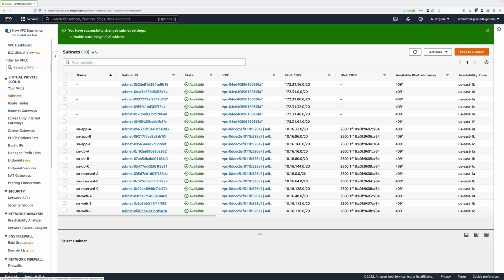Now, I know that this has been a fairly laborious process. It's been slow, it's been admin heavy, and you've been doing the same task over and over again. But I want you to have the experience of creating these subnets manually. As a solutions architect, a developer, or an engineer, you need to be aware of all of the fundamental network concepts within AWS. And a good foundation of that is that at least once you need to create a VPC from scratch. So that's creating the VPC, creating and configuring all of the subnets, and then adding additional network devices such as an internet gateway and a NAT gateway, all of which we're going to cover later in this section